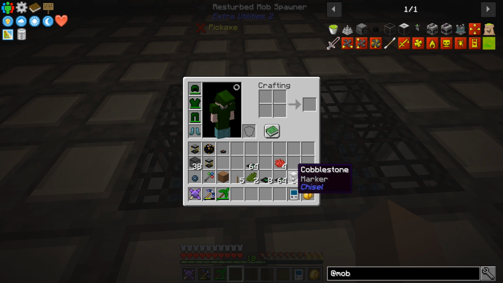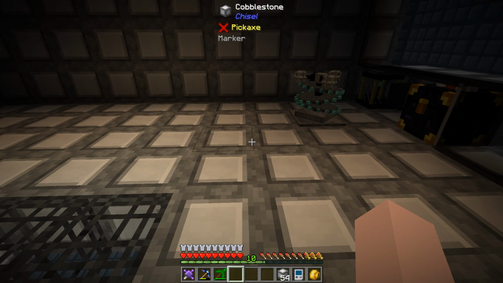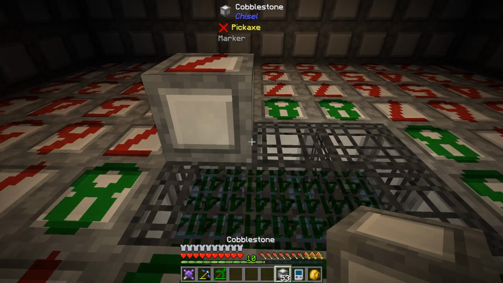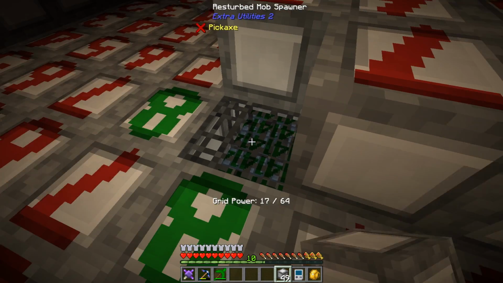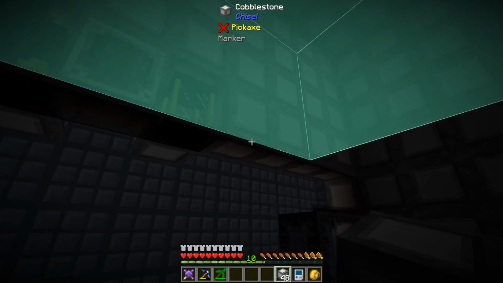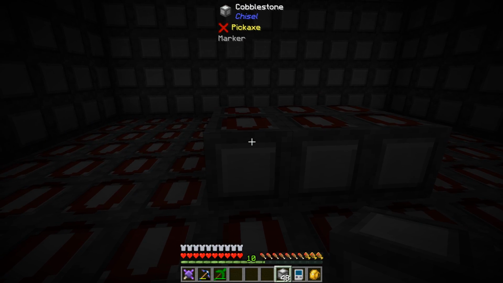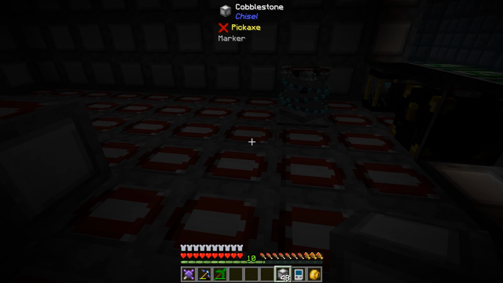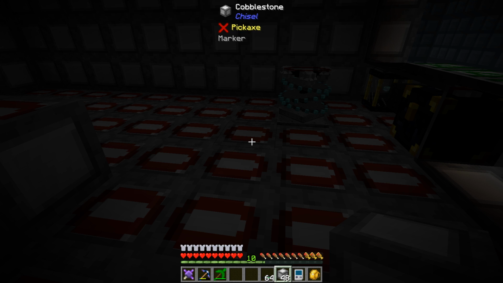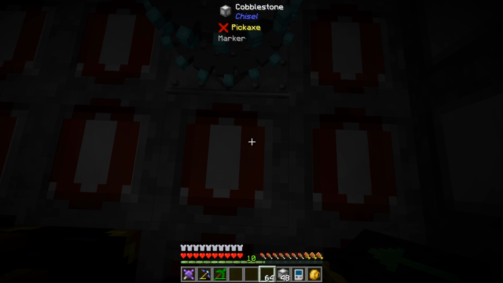Okay, now again, these are going to need to be covered up because if we check with F4 right now, there's light coming up through these things. Okay, so now this room is dark and we can turn you off. And I'm going to set up my vector plates. Now, I'll deal with this guy turning him on in a minute, but